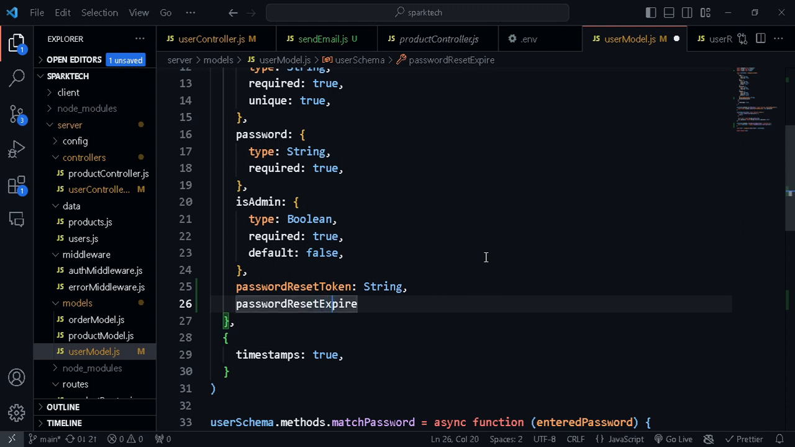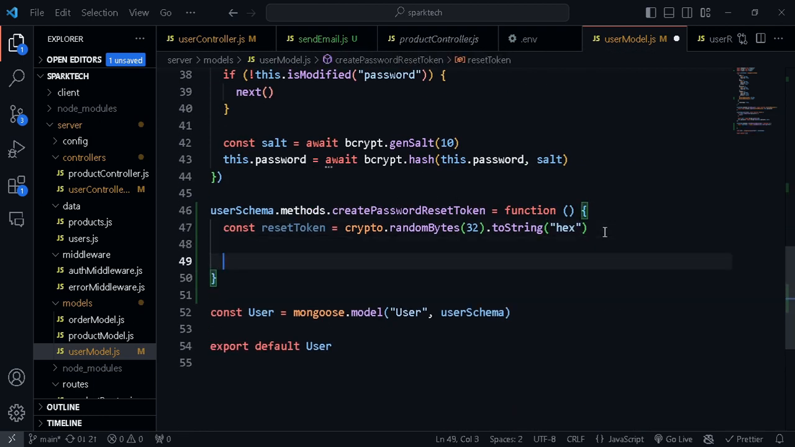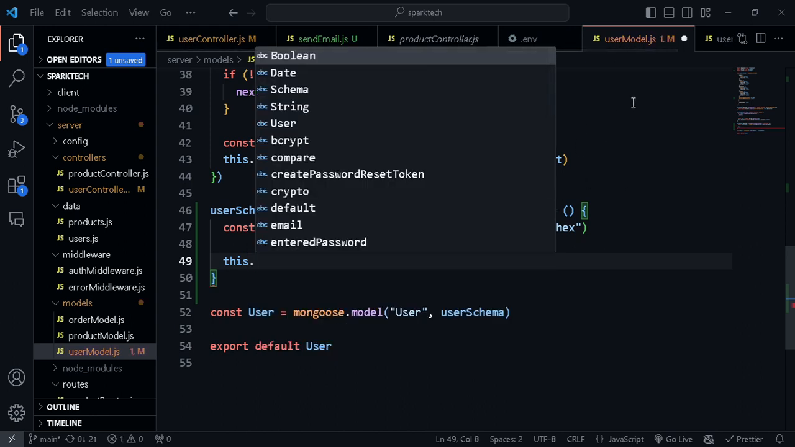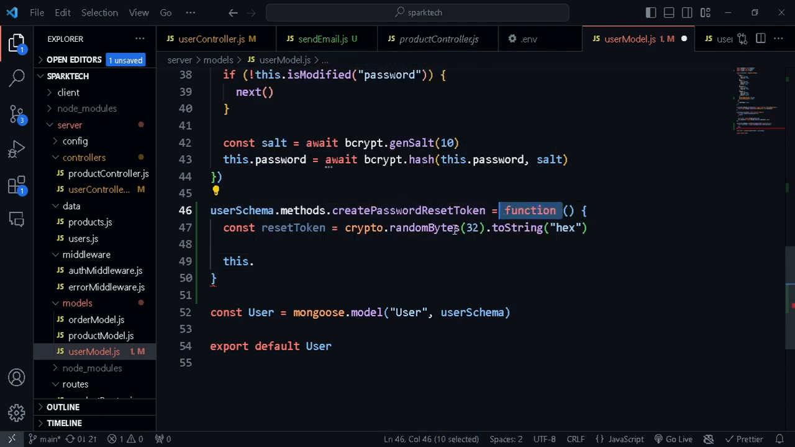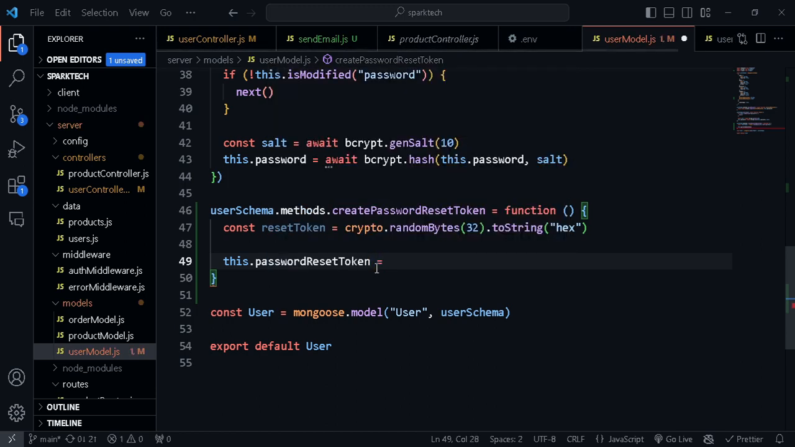You can name this whatever you want, of course, and I'm going to give this a value of date. Okay, so that's done, and now let's go and handle this. So I'm going to set the value. Remember, we can just grab any field within our particular model by using this keyword, and make sure you use function syntax, and this.passwordResetToken, and set that to a value of